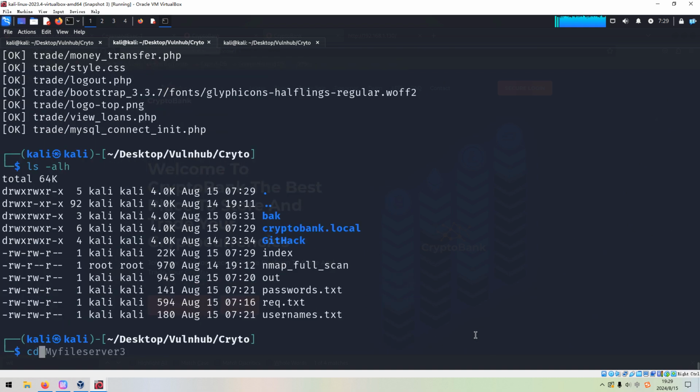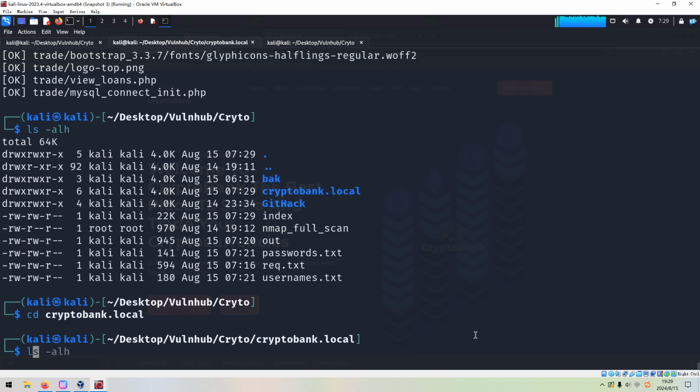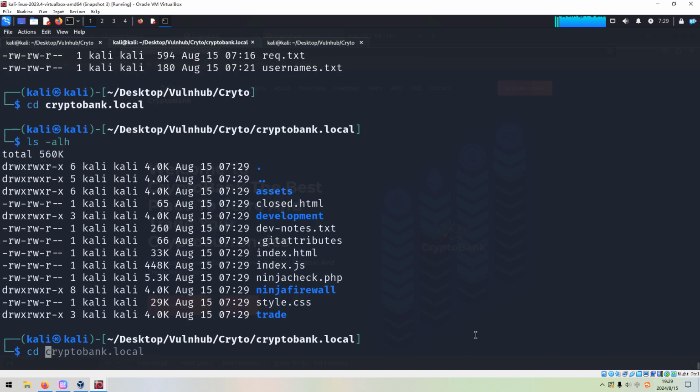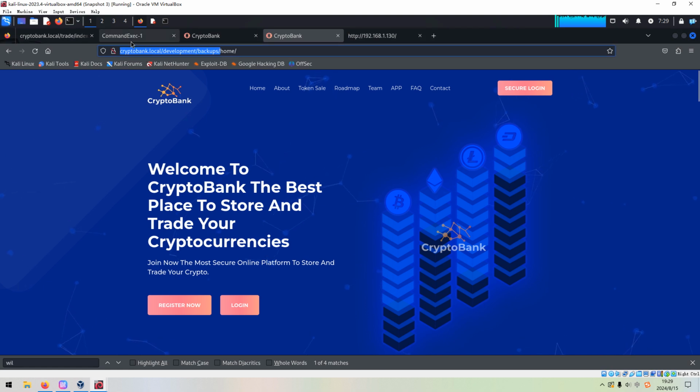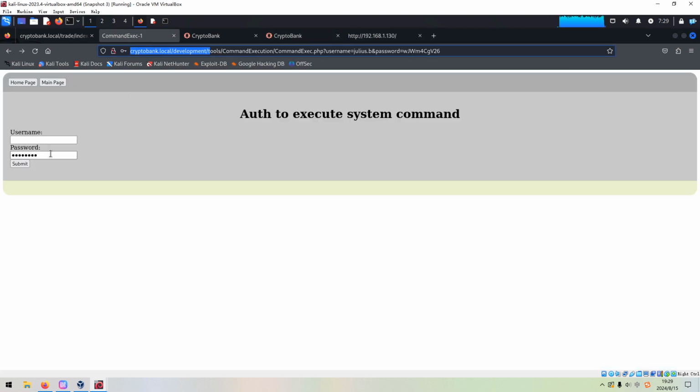and we can go into this directory to look for some important information in development, because just now we were prompted for the username and password. So maybe this makes sense. We can get some credentials from some sort of source code.